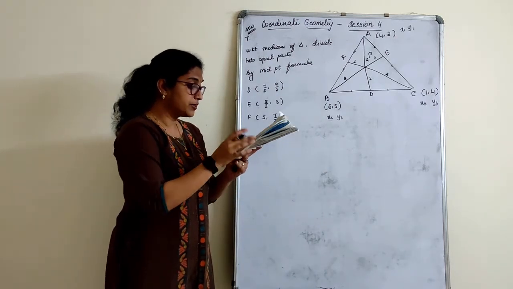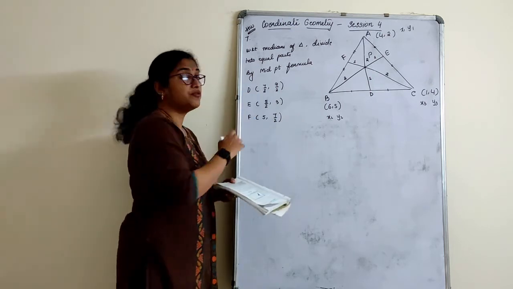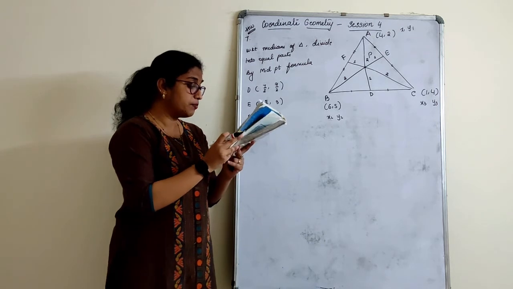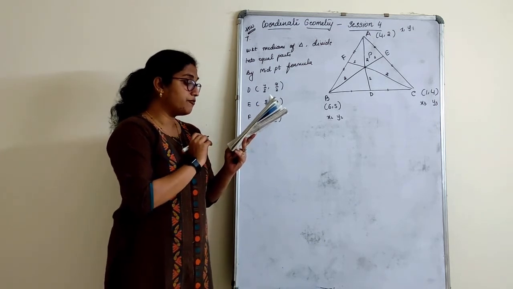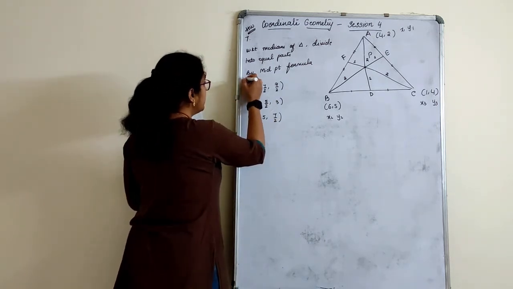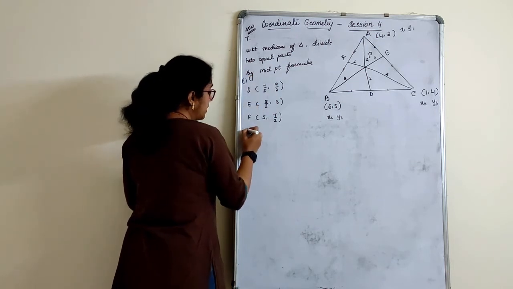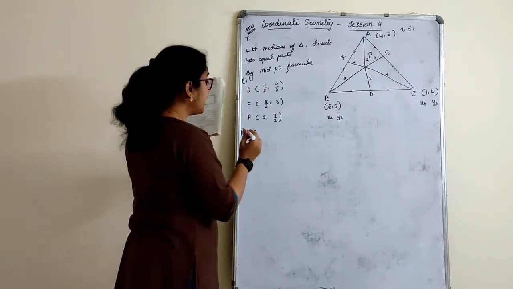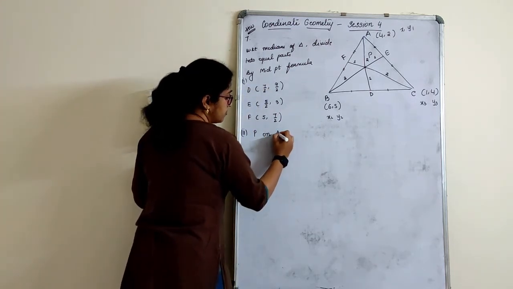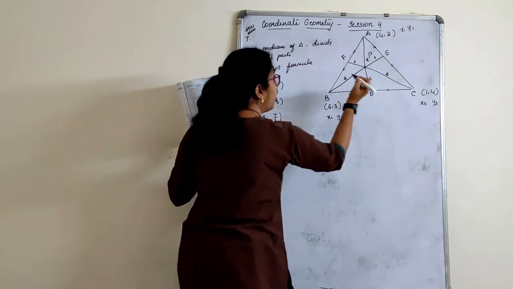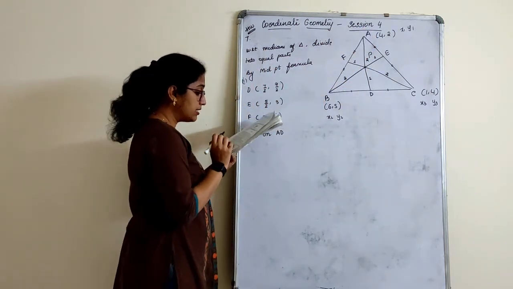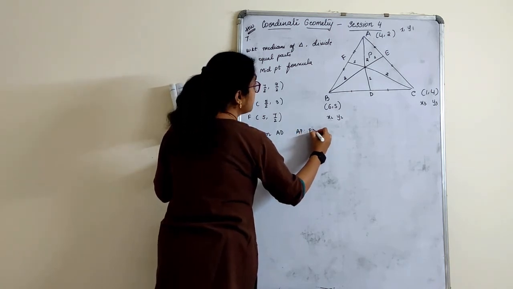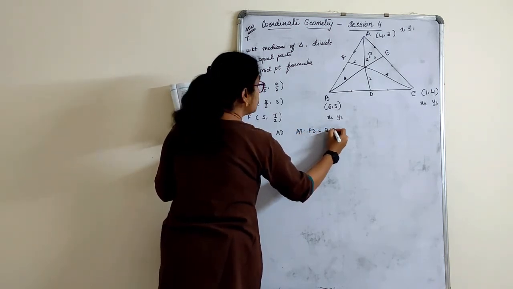Let me come to the first point we have done. They have asked to find D. We have found E also, F also. Okay. Come to the second point here. Find the coordinates of point P. This was the first part, done with everything. Second part, find the coordinates of point P on AD such that AP is to PD is 2:1.